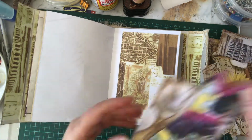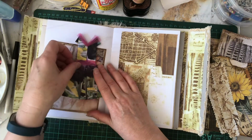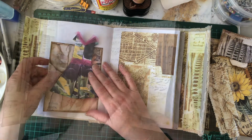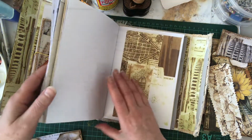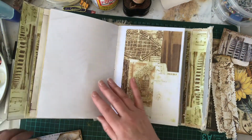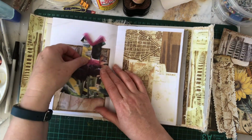What else have we got? We've got this pocket. But we need to be able to get that little dress off. There's that dress. We've got a dress in the last one, and we need a dress in this one. If I put...